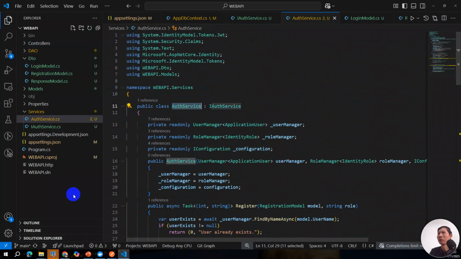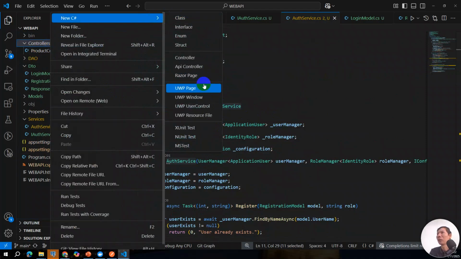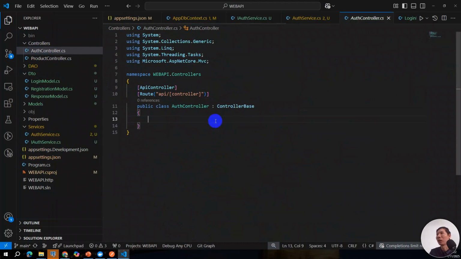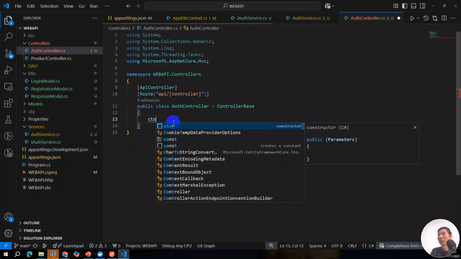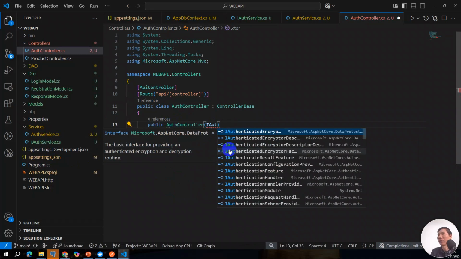So our authentication service is ready. So at this time, I need to create a new controller, API controller. This is the auth controller. In the auth controller, we need to inject the authentication interface. So I will create the constructor with ctor. I inject the